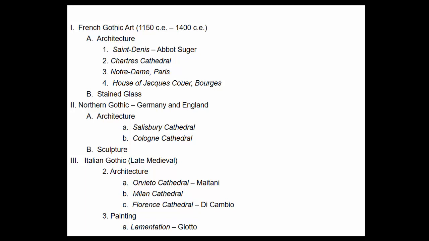A city's identity was tied up in its iconic structures, in its culture, and if you had the wealthiest city, you also wanted to have the most cultured city. You wanted to attract visitors because of your structures, your beautiful buildings, your beautiful churches, cathedrals, palaces, public works, squares, all of those things. And so, during the Gothic, this sort of rivalry between cities gives rise to this new style.